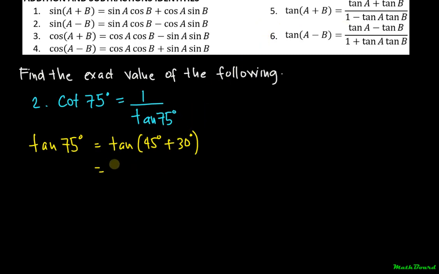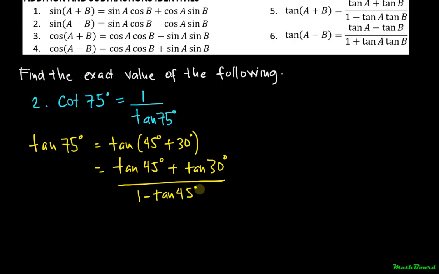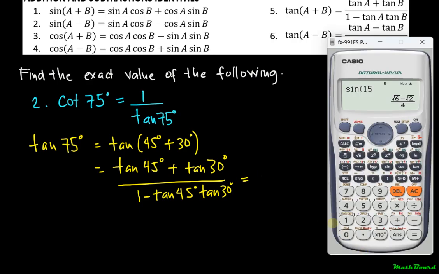So that would become tangent 45 plus tangent 30 degrees divided by 1 minus tangent 45 degrees tangent 30 degrees equals,